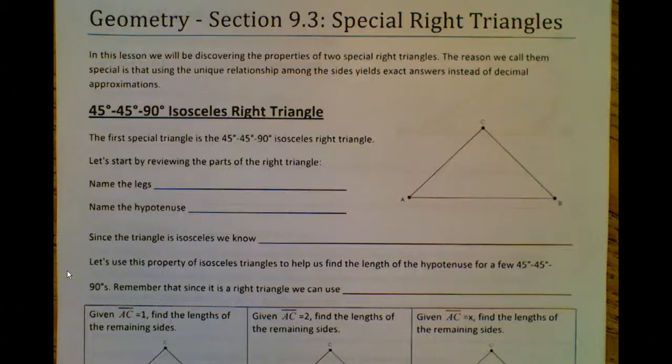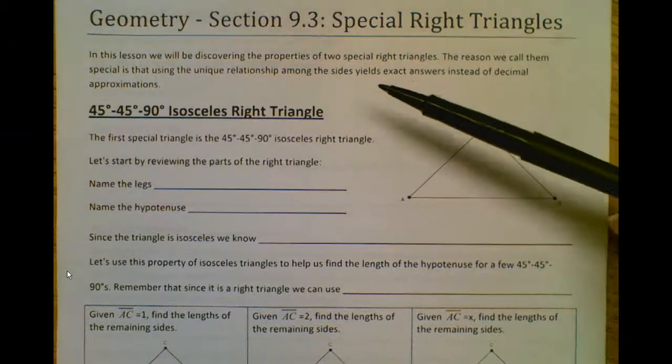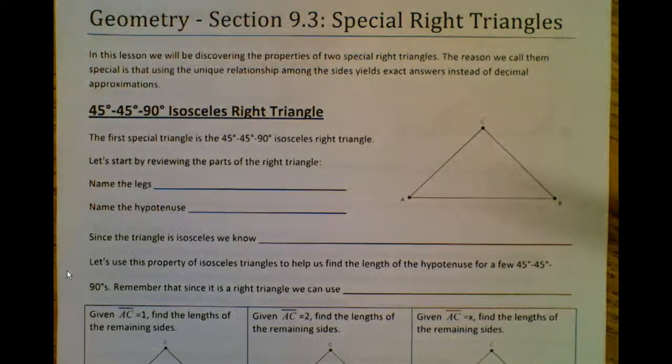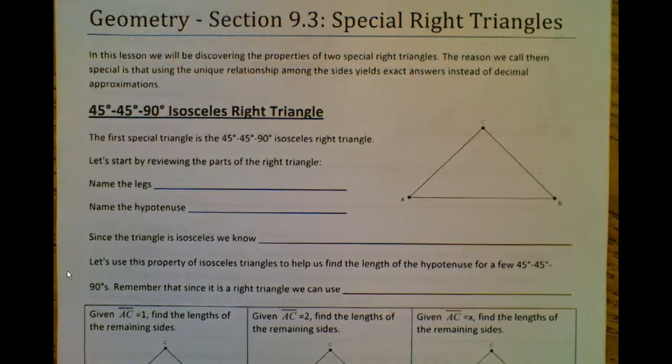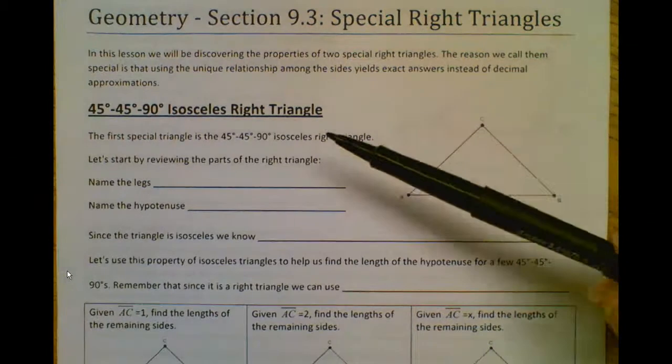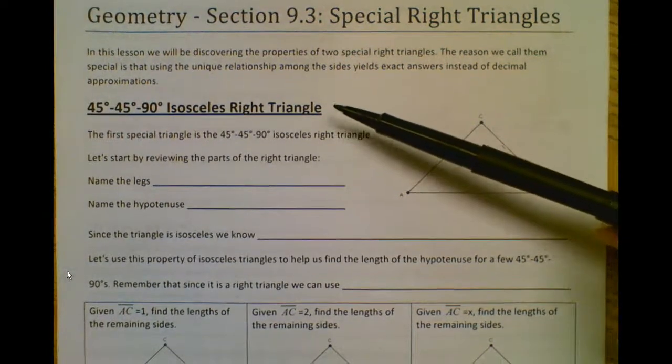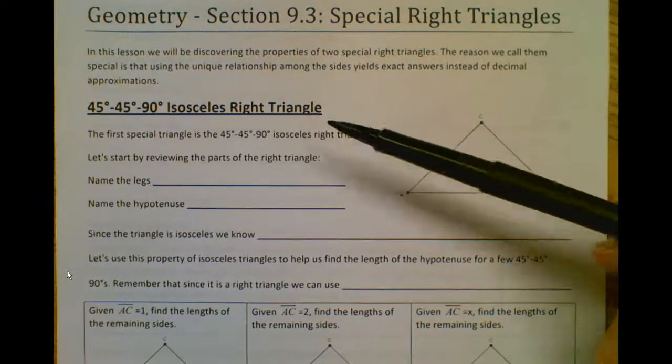Okay, so section 9.3, special right triangles. This video is going to be on the first of two types of special right triangles. The reason that we call them special is that using the special relationship among the sides will give us exact answers instead of decimal approximations. And in math, we like exact answers when possible. Alright, so the first one, which this video is going to be about, is our 45, 45, 90 isosceles right